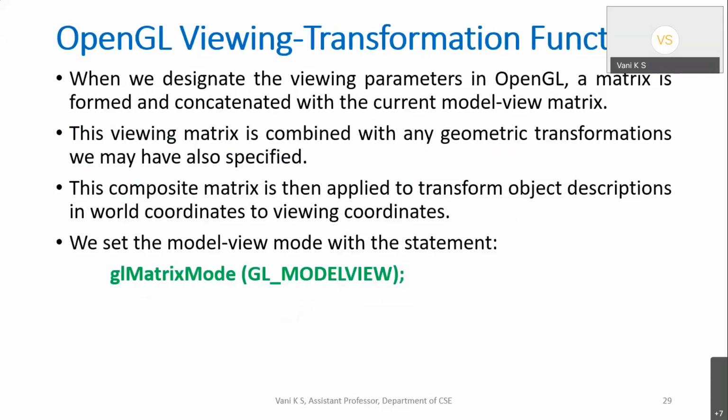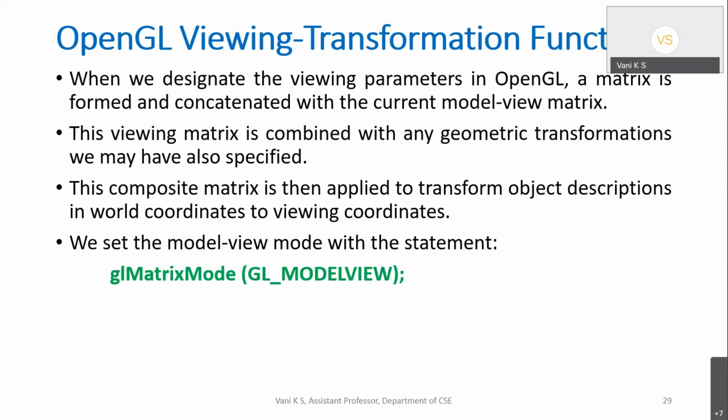Okay, after all these things, I told you the 3D viewing parameters, like the view up vector, thumbs up, the normal vector perpendicular to the view plane, and from where you are looking, where the lines are converging to, the PRP, projection reference point. And after that, you understood the types of projections, parallel and perspective, and in parallel, orthogonal, and in perspective, two types of frustum. With all these things, now we want to study the OpenGL functions which support all these parallel and perspective projections.